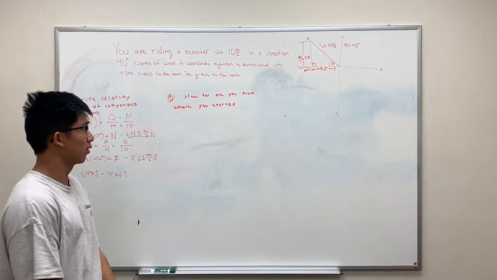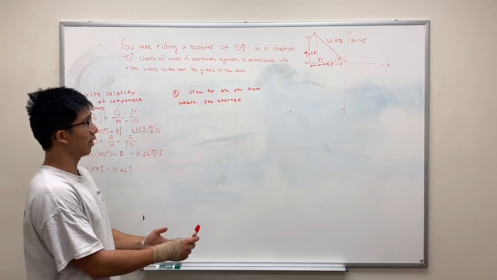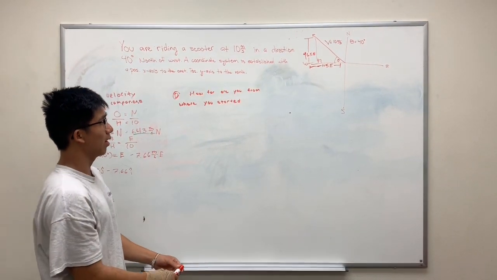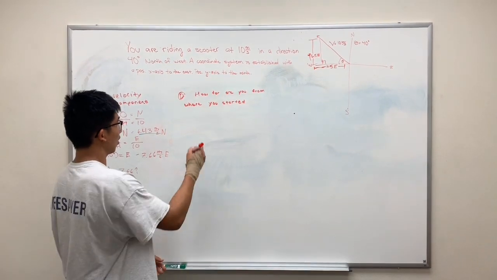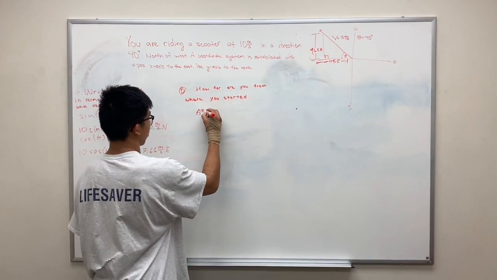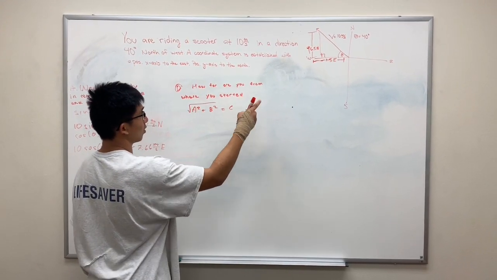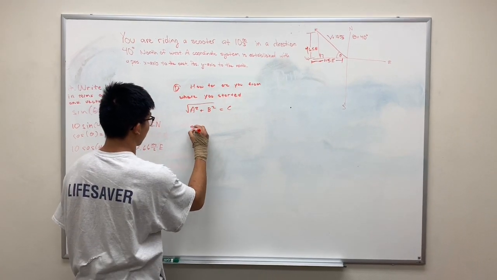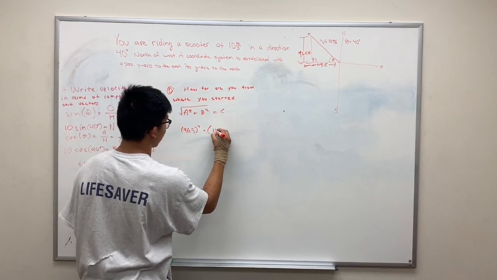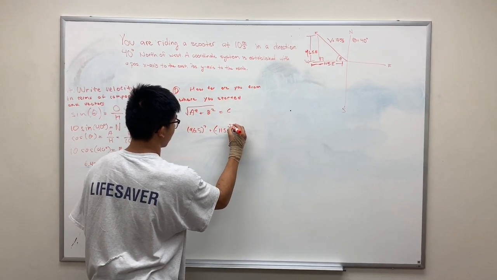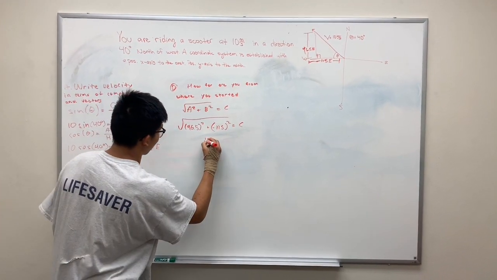Alright, so the final question is asking how far are you from where you started, and essentially that's asking the length of the diagonal. The way we can find that is using the Pythagorean theorem, using the other two values of distance we found earlier. So we can do a squared plus b squared, and the root of that will be equal to c, which is our value. So we plug in those two: 96.5 squared plus negative 115 squared will equal c squared. And if you plug that into your calculator, you get 100